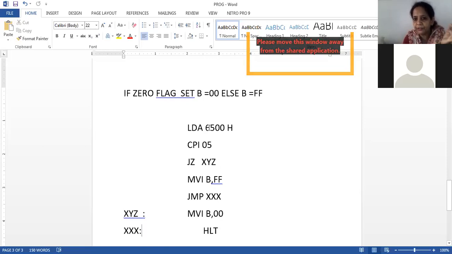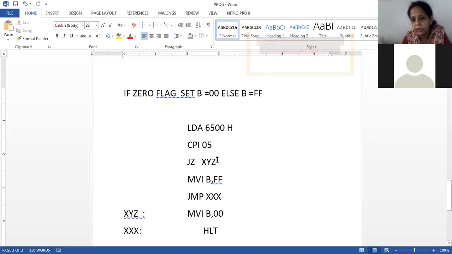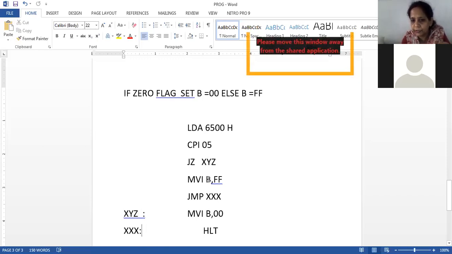Now, for example, if 6500 has 05, then you are comparing it with 05. Both are the same, so the zero flag will be set. Once the zero flag is set, it will go to the XYZ label. So what is the instruction over there? It will skip these instructions now. What is the instruction here? It will make the B register value 00 and then stop. That is exactly the aim of the program.